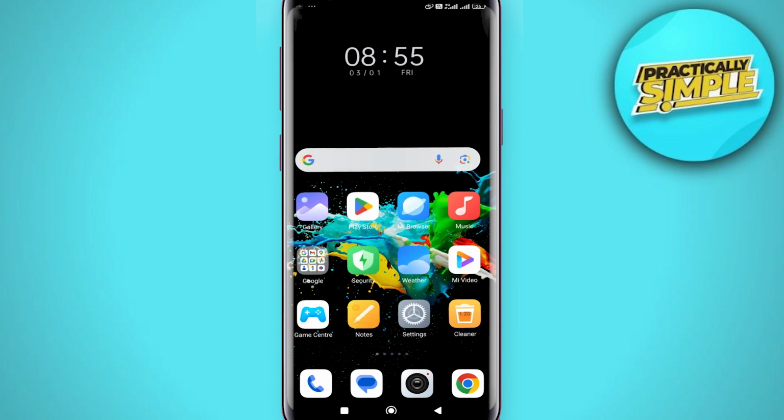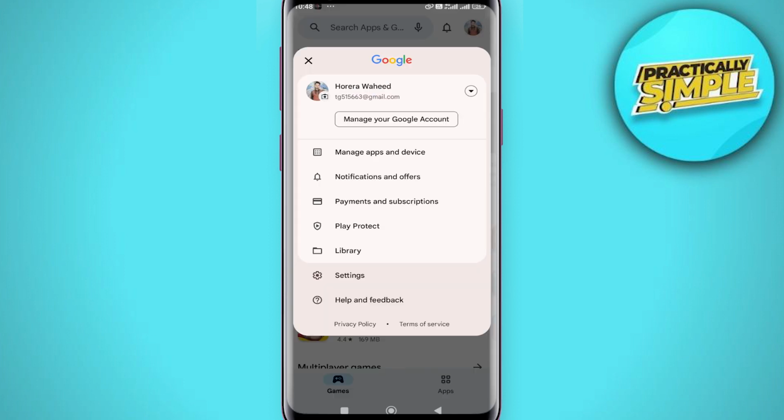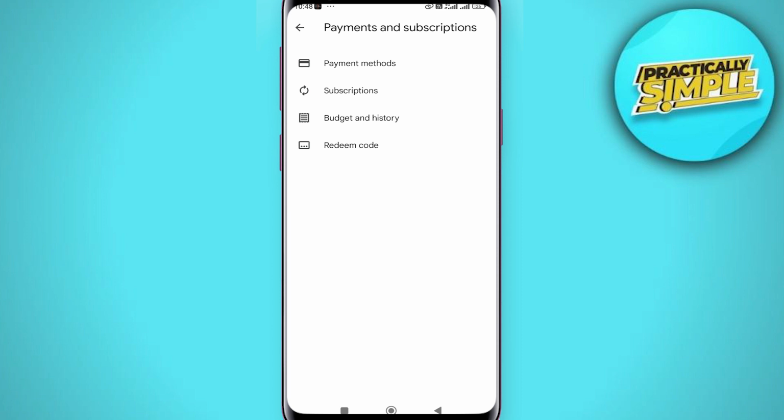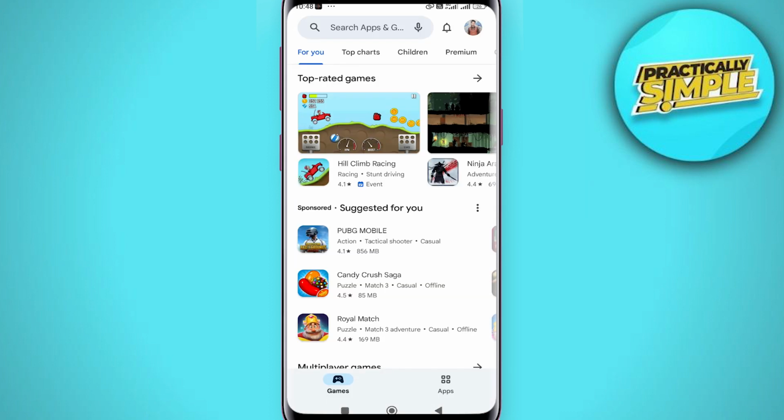You can open up your Google Play Store, tap on your profile picture in the top right corner, then just go to the option payments and subscriptions. From payments and subscriptions, you can go to redeem code and just make sure to enter the card code that you have in, if it is a gift card code. So then tap that redeem option. Now when you redeem it, the balance will get added to your account and you can use it to purchase